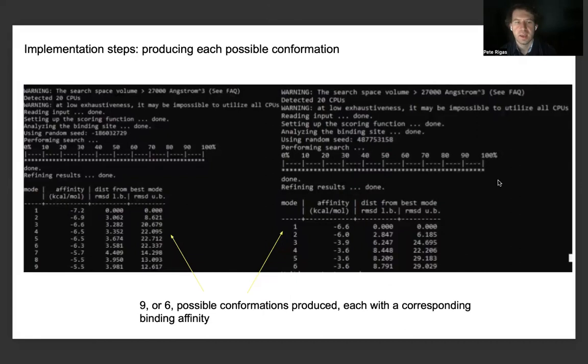And this is demonstrating how different types of conformations can have several types of binding affinity. And besides the previous steps of AutoDock Vina that I highlighted and described, after the results are refined, we can look at two different examples, which are not run on CellTalkDB sequences, but other sequences of interest, which can demonstrate different types of modes that we can get for however many conformations AutoDock Vina produces, as well as the binding affinity, which is measured in kilocalories per mole, as well as the root mean square distance. So these are just two numbers